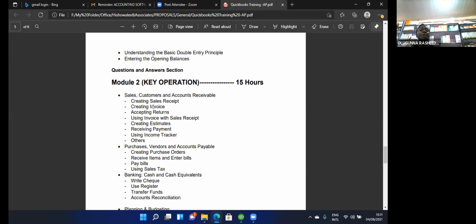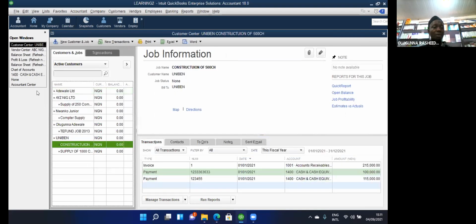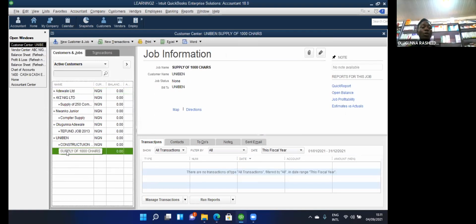And this time around, I'm going to create an invoice for the inventory part, because we have something like a close-up 1, close-up 2, and at the same time, we have a close-up 10 that we just purchased from China. So I'm going to switch back to the application. This time around, I'm going to go to the customers page, the customer center, and we have to supply close-up 10